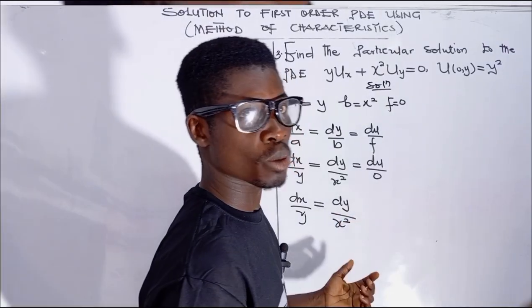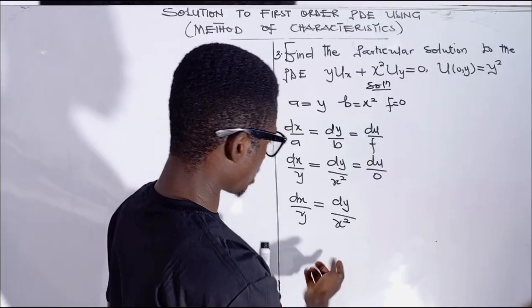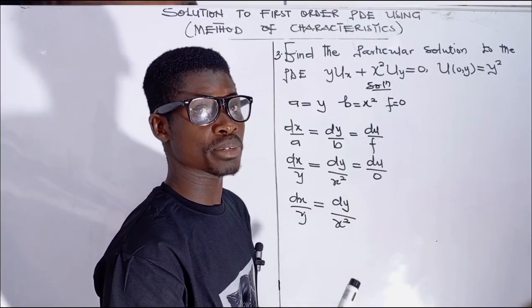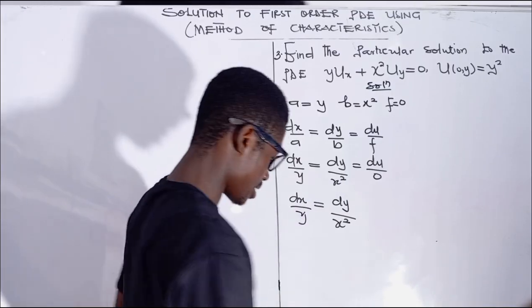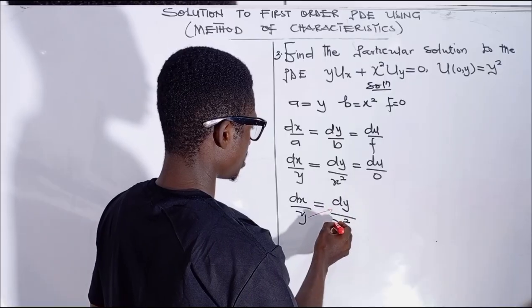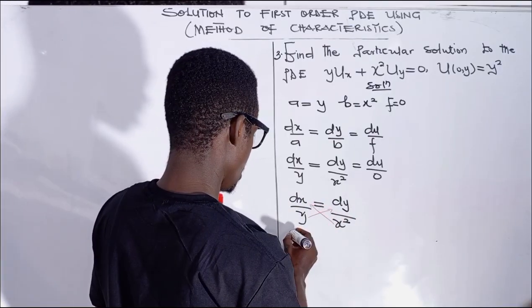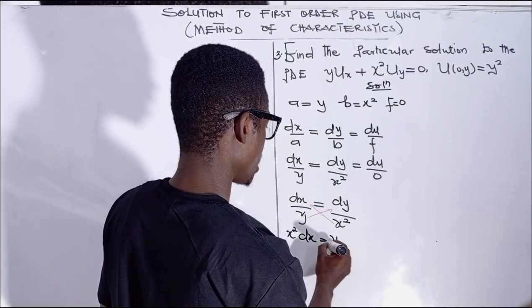So once we reach this point, what we do is we separate the variables if possible. So you can see that we have the x and then x squared, we have the y and then y. We can separate the variables into the x and then the y by cross multiplying, right? You can see that this will multiply this and then this will multiply that. So we'll be left with what? x squared dx is equal to what? y